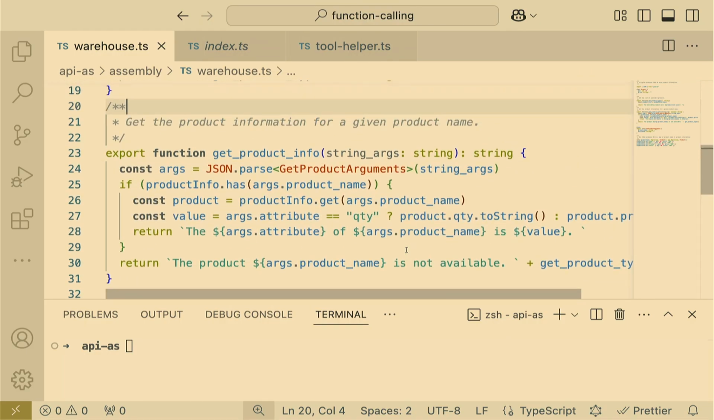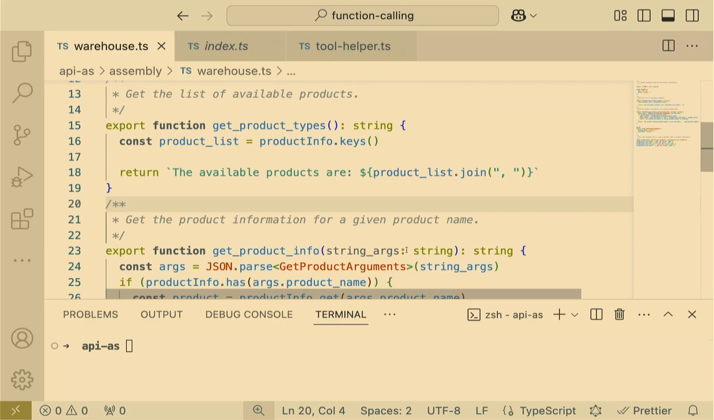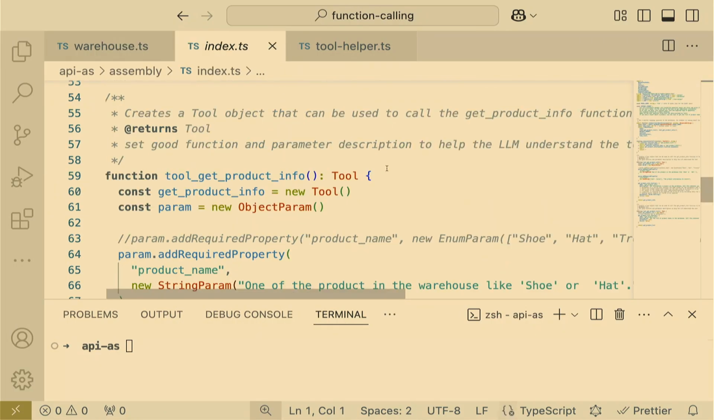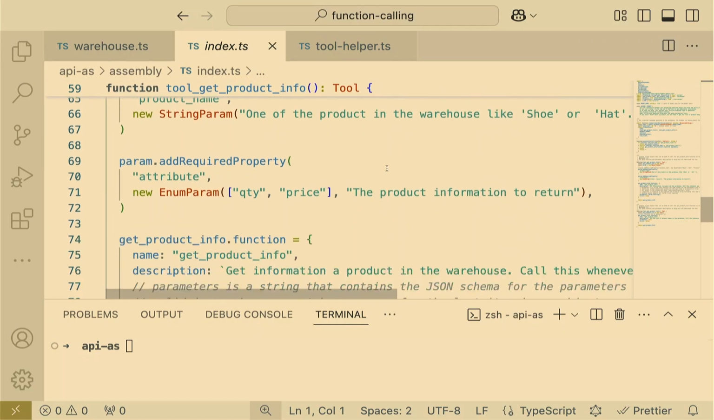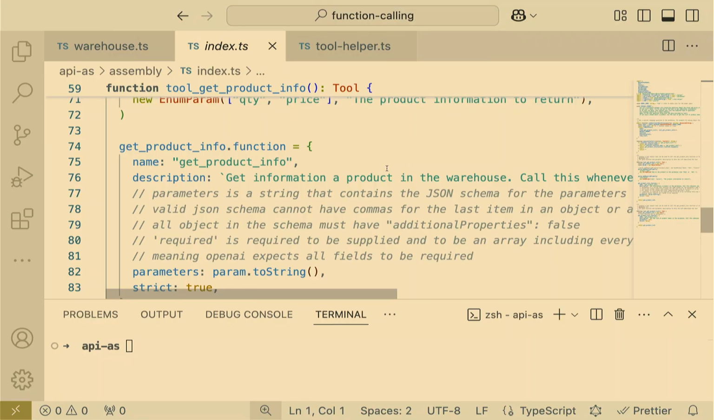We have get product info, so you can pass a specific product that will say, here's how many shirts I have, here's how much they cost. And then we have get product types that will say we have shirts, trousers, shoes, hats. And we basically define these as tools that are available to the LLM. And in our LLM call, based on the query that we have,